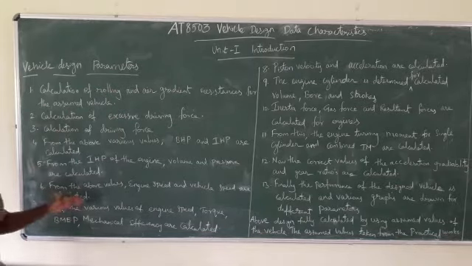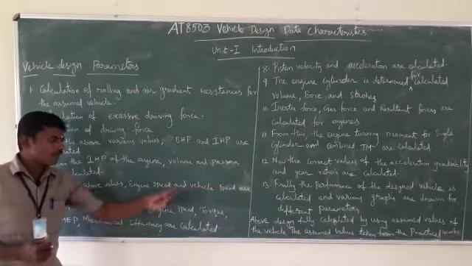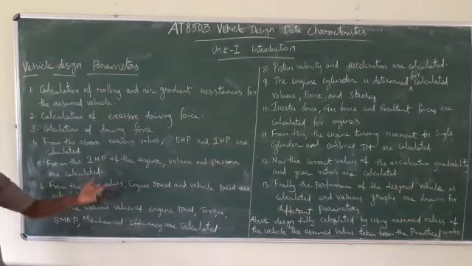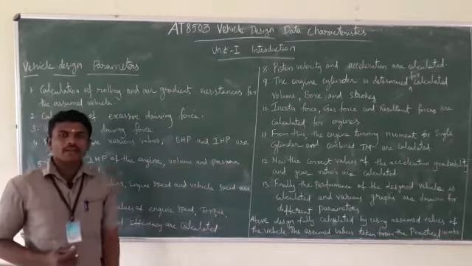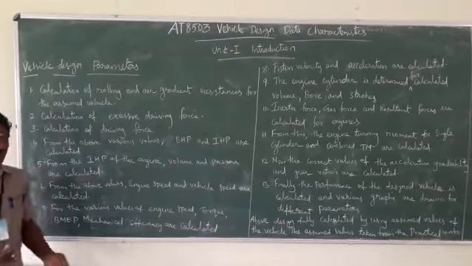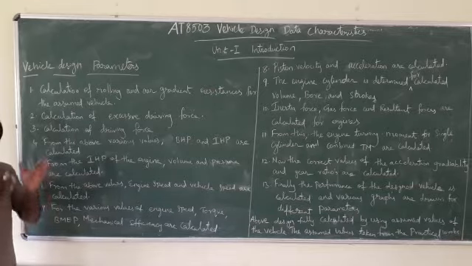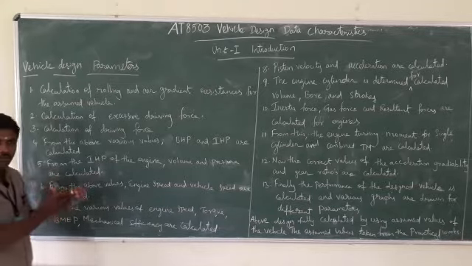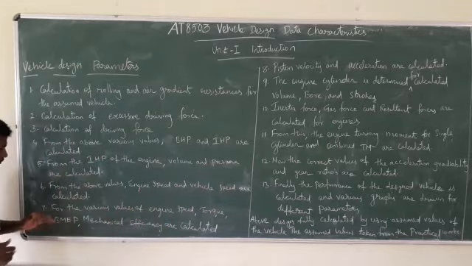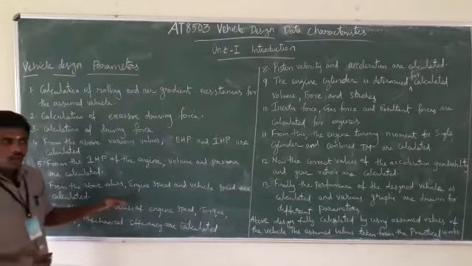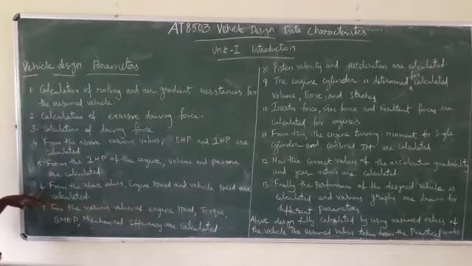After that we need to find the engine speed and vehicle speed for the suitable brake horsepower and indicated horsepower, right? For that particular value we need to find the engine speed and vehicle speed, okay? Understand? Then we found the engine speed and vehicle speed here in the sixth parameter.